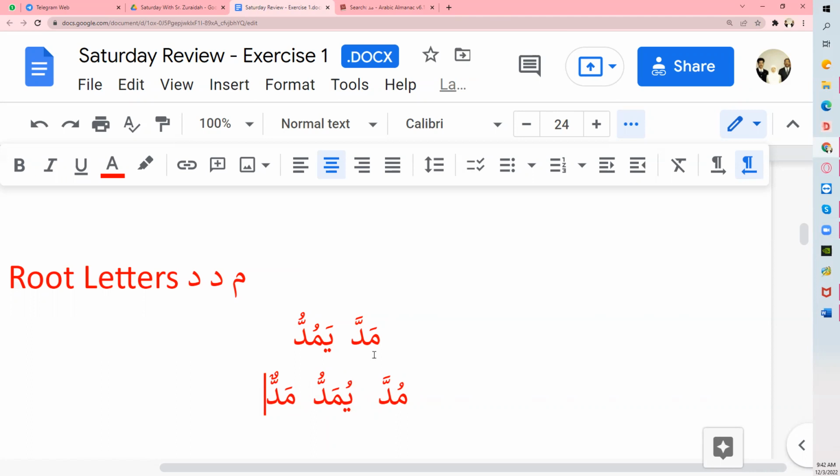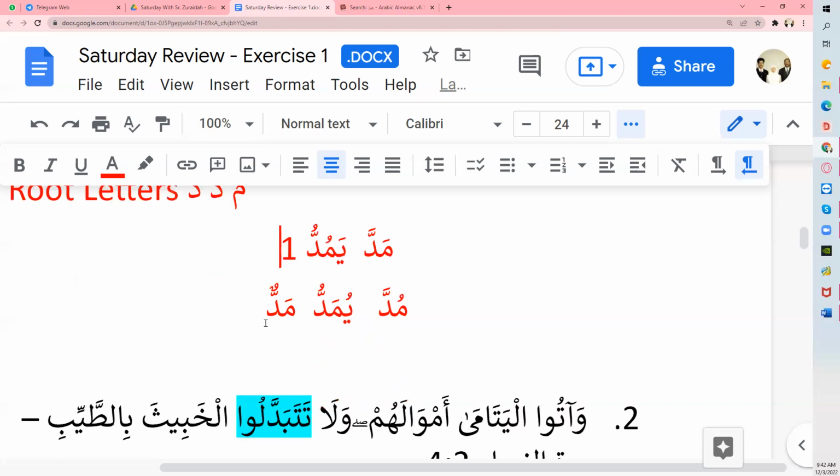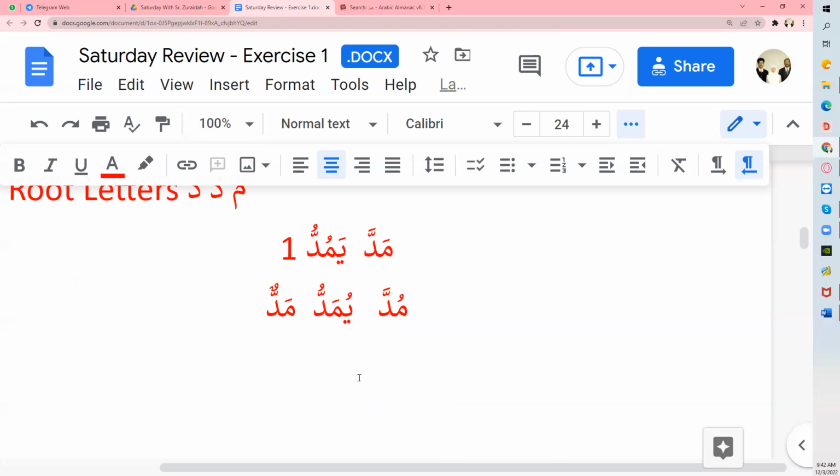So maybe this is another one. Oh no, sorry. The word is not family one, it's family 5. That's what I was thinking, why is this? Sorry, I'm just not with it this morning. I'm a bit confused. So it's family 5. So no wonder it will be mamdud. Okay, let's do the family 5 one.